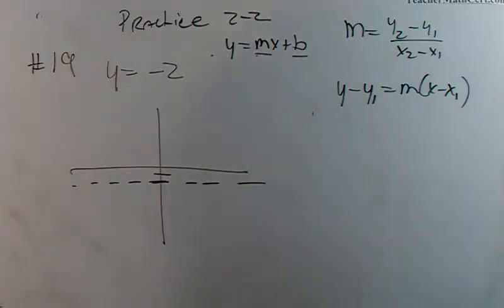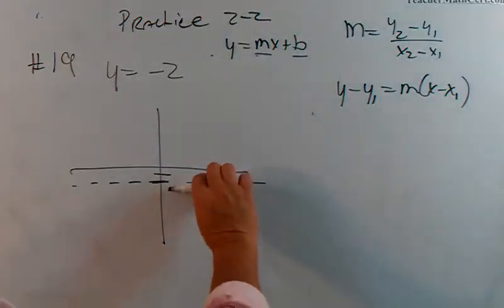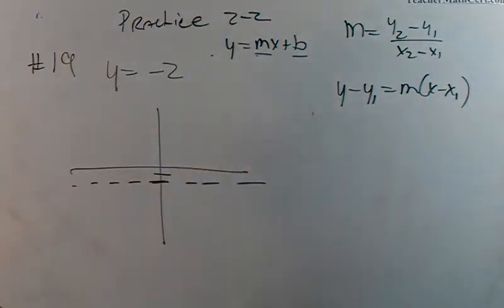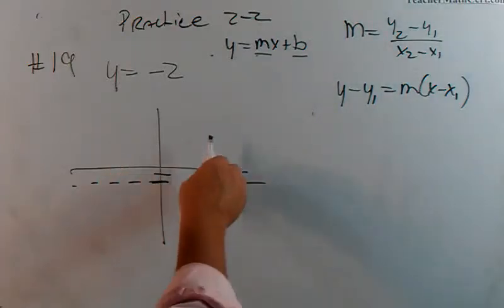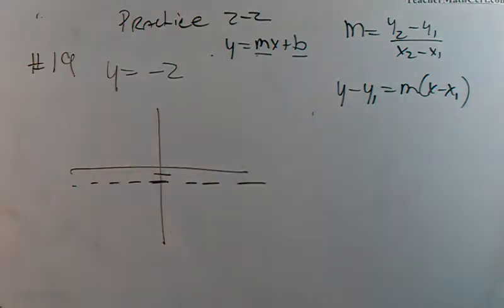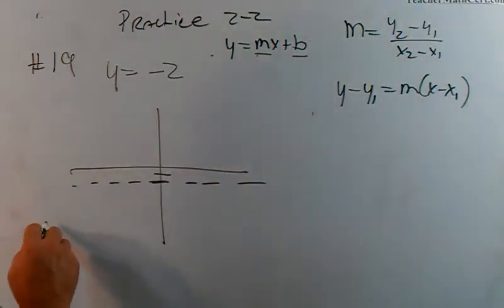So the slope is what? 0, right? We remember we discussed that. If it's a horizontal line, its slope is 0. If it's a vertical line, it's what? It's undefined. So the slope is 0,